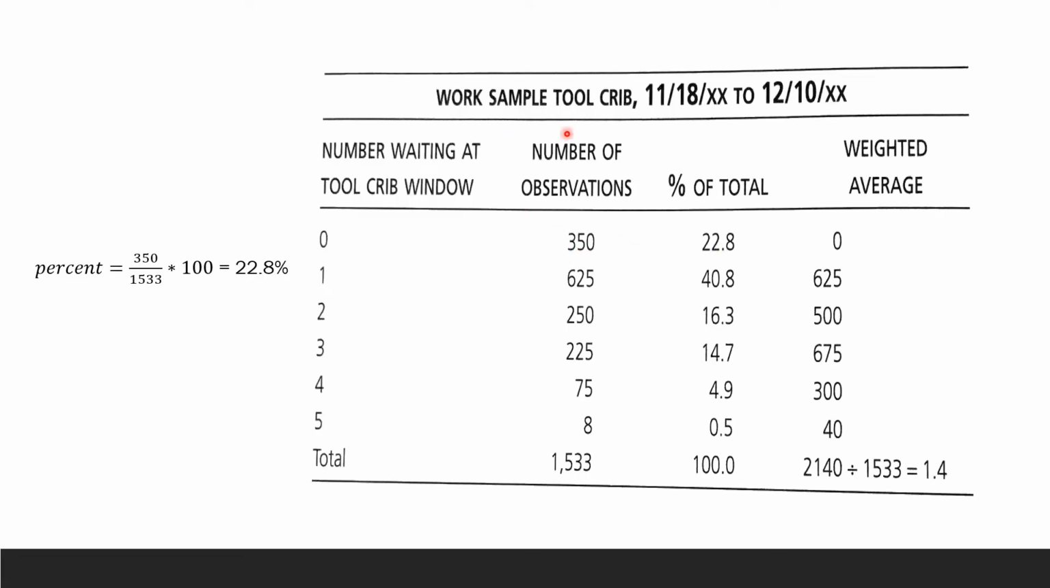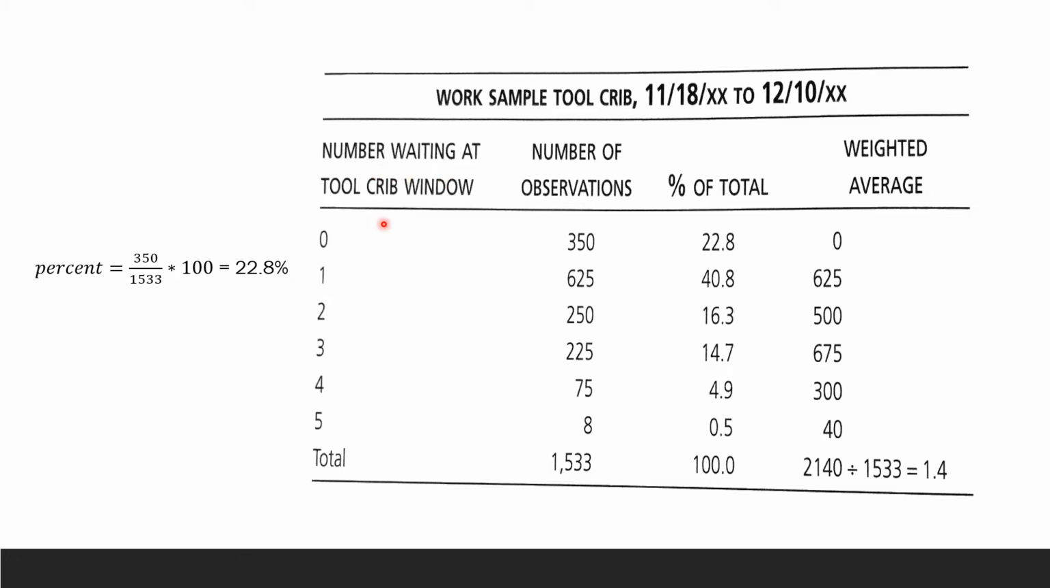The next one, so work sample 2 crib, 11/18, that's just your date, and we're going to study all the way to 12/10, that's your date. So we're running about a month, okay? So 11 is November, 12 is December, starting from November 18 all the way to December 10, so that's a month. So if you take your 8 days off, that's your weekends, okay? So anyway,